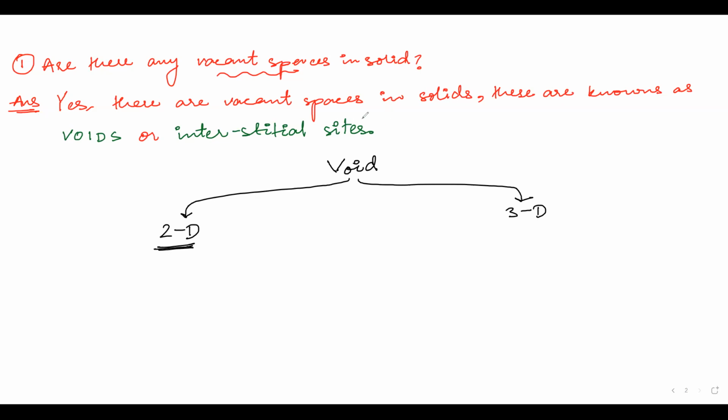So void is what? There is vacant space. Now who will make the vacant spaces? Atoms will make the vacant spaces. Whenever I say atom and make this circle, I can make the circle in 2D form, and I can make the circle in 3D form. Both of them are atoms, but they have different shapes here. If I am talking in 2D, you will understand this as a circle. And whenever I am talking in 3D, you will understand this as a sphere. Okay, so void, 2D and 3D.